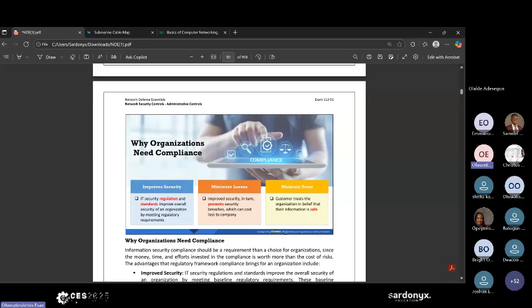Now, why is compliance very, very important? Why doesn't everybody just do whatever they like and whatever they want? Now, it improves security. That's one of the major things. That means IT security regulations and standards improve the overall security of an organization by meeting regulatory requirements. Two, it minimizes losses. That means there's documentation for everything. Some of these things not mentioned here is that it helps with incident response. That means there's a step-by-step process. If this malware comes in, if we have this particular attack, how do we solve it, right? There's documentation for that already.